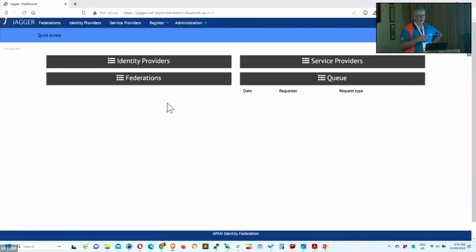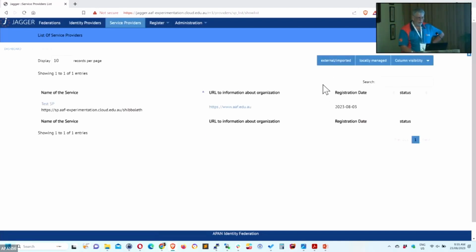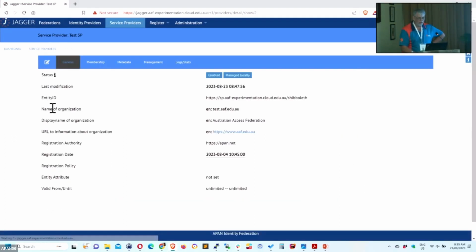So this is the federation tool or registry tool that a lot of federations will be using. And I think Sri Lanka actually uses this tool, or LEARN uses this tool, to register services and register IDPs. I've set this up and there's not much stuff in there. I have one service and one IDP, which is enough to demonstrate stuff. So I'll have a look at that little test service,